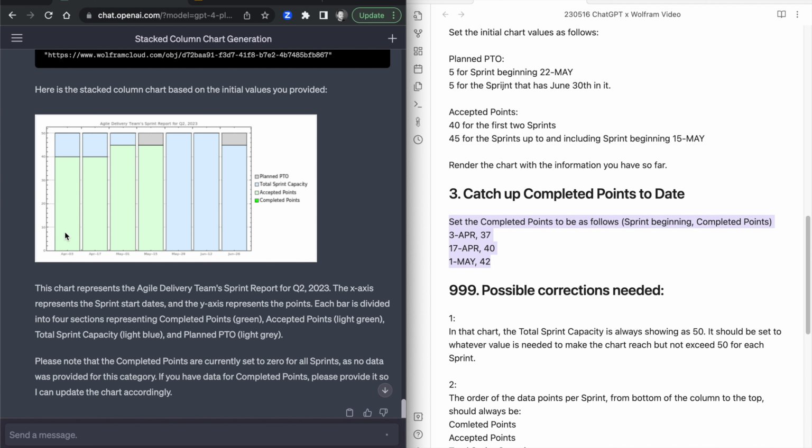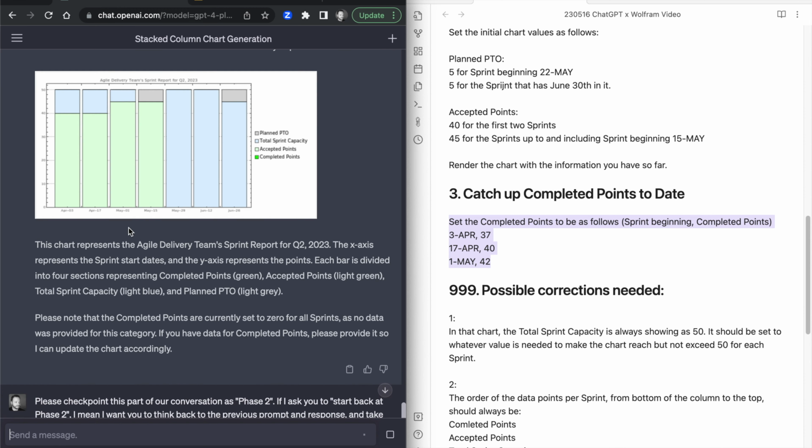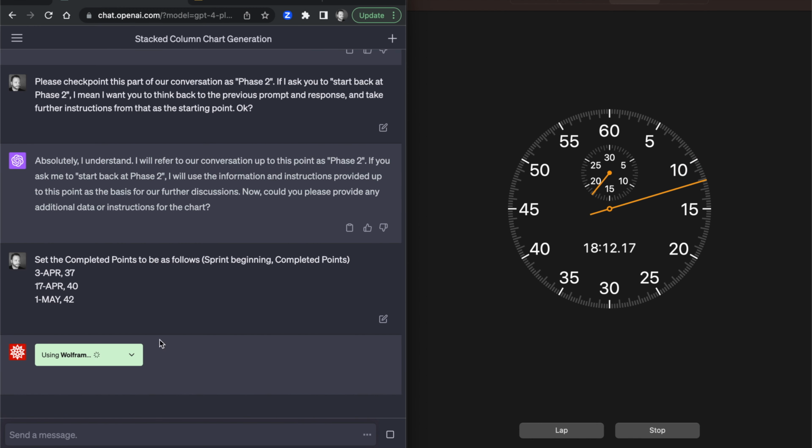So again, it should add these to the first 3 without making the chart exceed 50, without showing that the sprint capacity for any of these first 3 is different, but kind of eating away or decrementing the accepted points with the completed points that we have specified. And essentially what